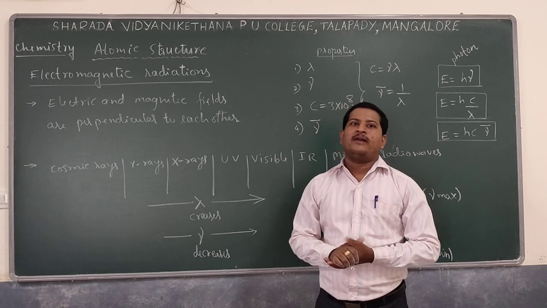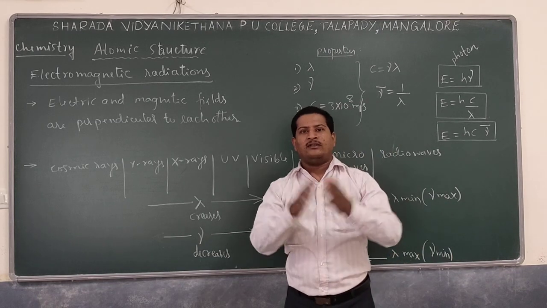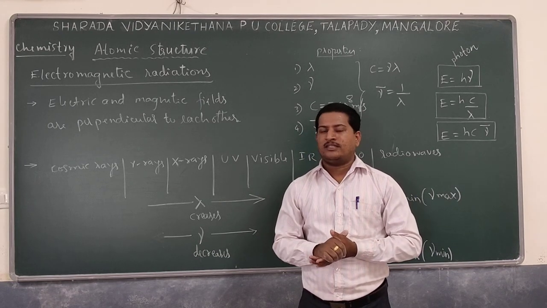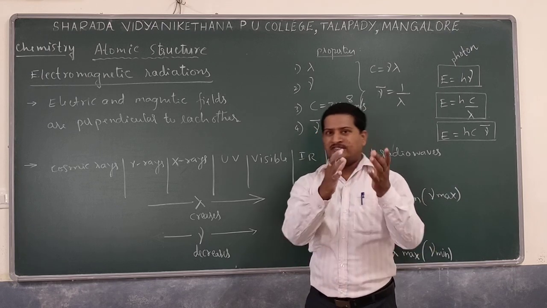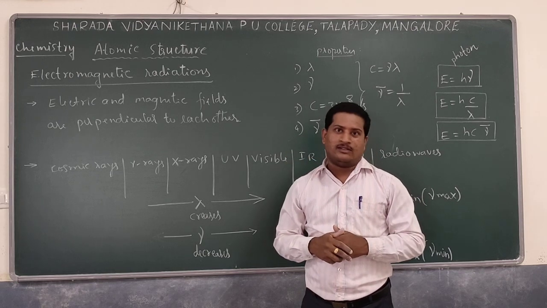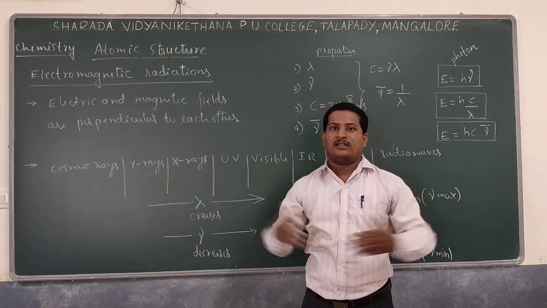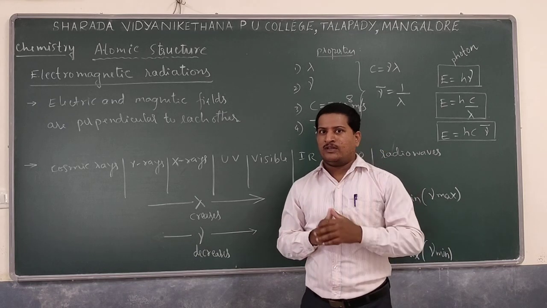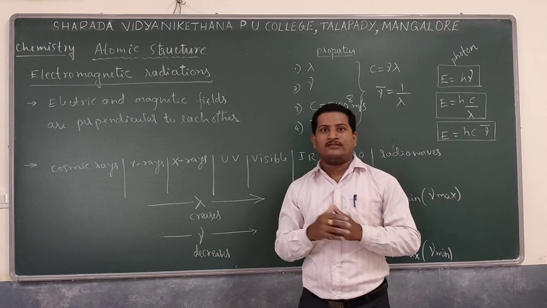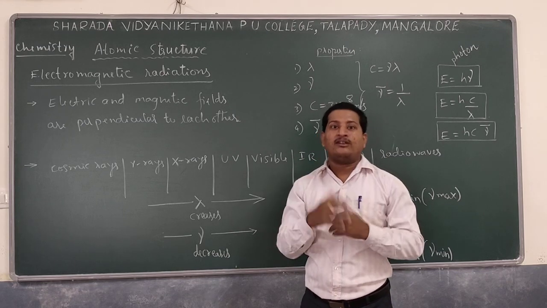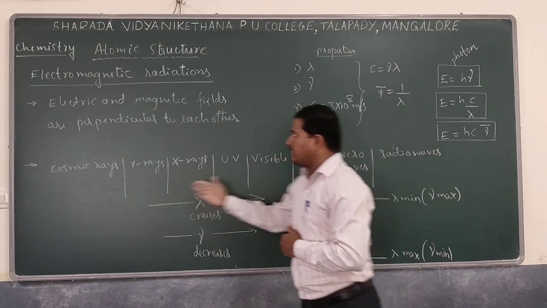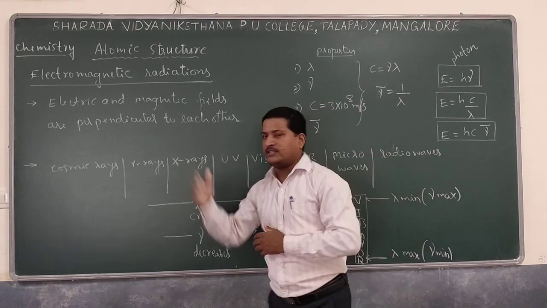Let us see electromagnetic radiations. Remember, for all our radiation or energies, sunlight is the major source. So sunlight is the major source for our energy. From sunlight, different kinds of radiations come to the Earth's surface, and not only the Earth's surface but all the remaining regions of space. If you observe sunlight clearly, there are different types of radiations with different wavelengths or frequencies. In our sunlight, these are the different categories of electromagnetic radiations one can find.